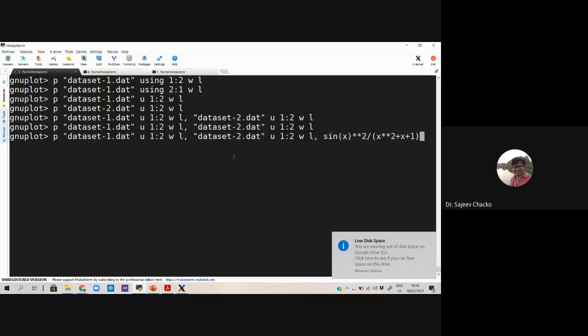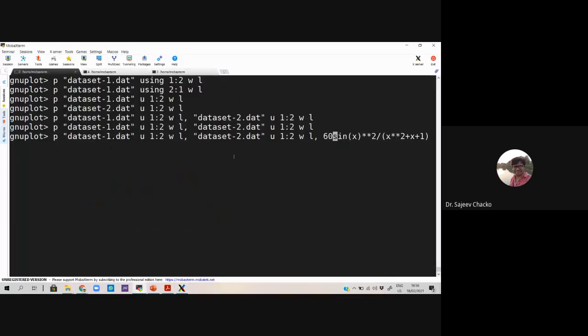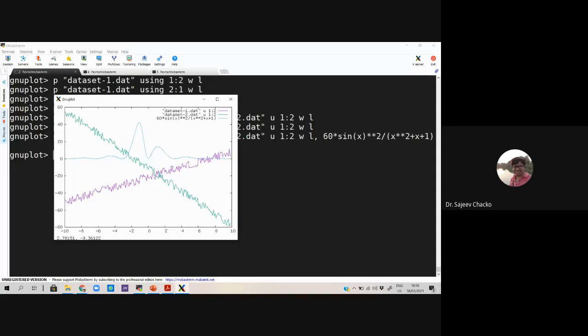I would like to plot this. So I have plotted a function. The reason I multiplied by 60 is because the range is from -80 to 60, and the sine function has a maximum of 1. It won't be seen in this graph.